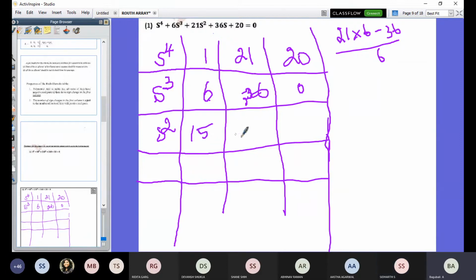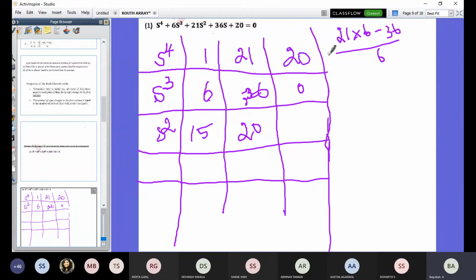Okay. Next, if you want to find this coefficient, what do we do? The same principle as in a matrix. In the matrix, if you are considering this column for the determinant, we skip this entire column and consider the next column. The same principle here: first column, 6 into 20 minus 1 into 0 divided by 6 is? 20. Very good. Any doubt in that?